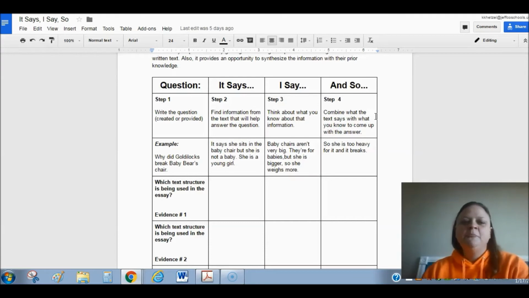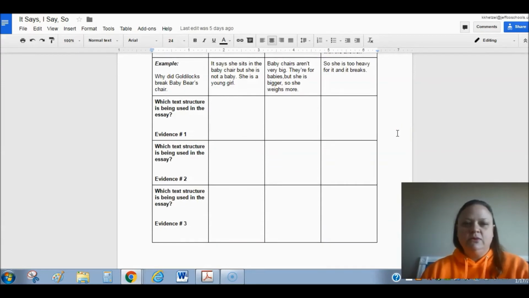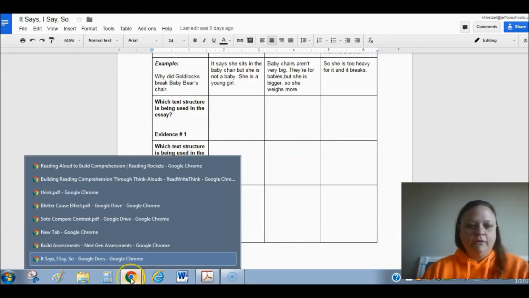So for example, the question is, why did Goldilocks break Baby Bear's chair? It says she sits in the baby chair because she's not a baby. She is a young girl. Baby chairs aren't very big, they are for babies, but she is bigger, so she weighs more. Therefore, Goldilocks is too heavy for the chair, and she breaks Baby Bear's chair. So that's an example outside of our essays. What I want to do now is walk you through how to do which text structure is being used in the essay. So I'm going to come back over,